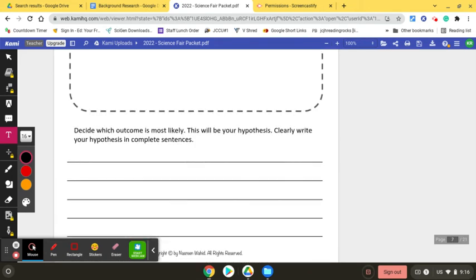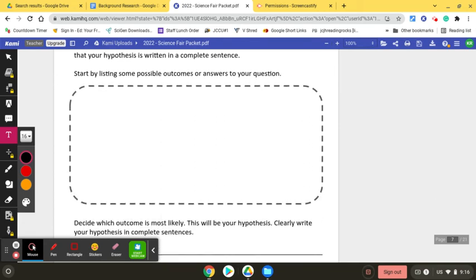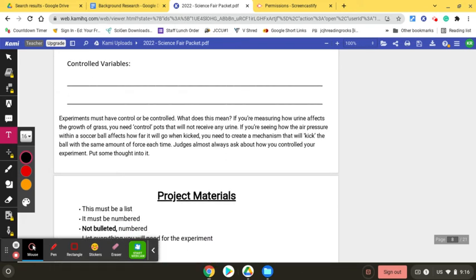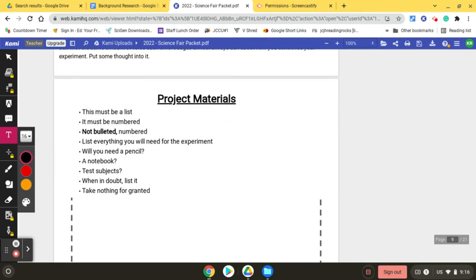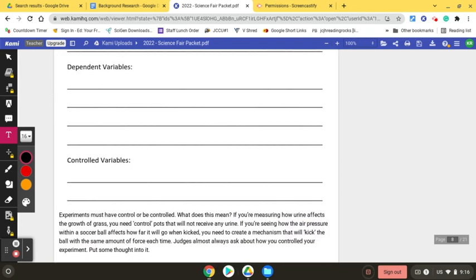So what you guys are going to do is you're going to be hopefully finishing up your hypothesis and your controlled variables. Your packet needs to be turned in by 3 p.m. today. Now, you can either continue with your research paper, and all of that information can be found on Google Classroom, or continue with your packet. So if you are done with your independent and dependent variables, which is this page right here, and you have your controlled variables done,